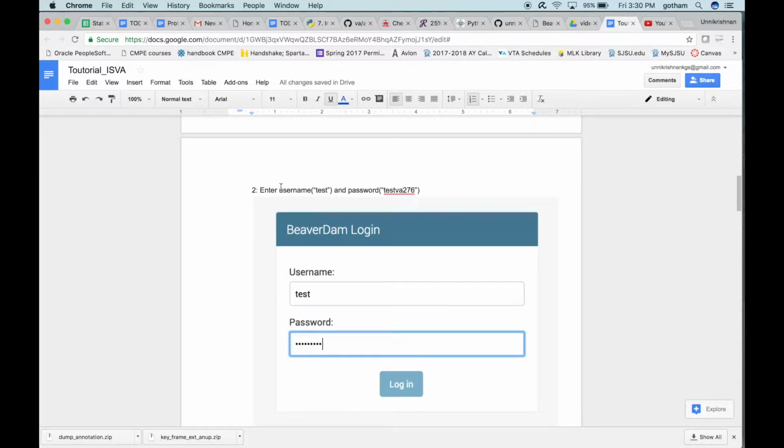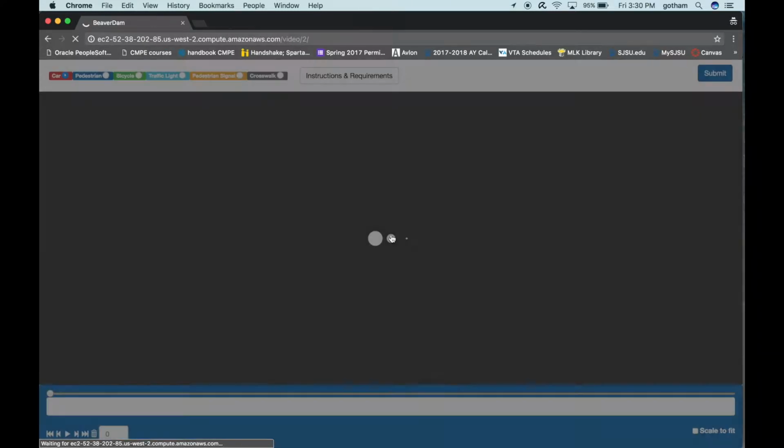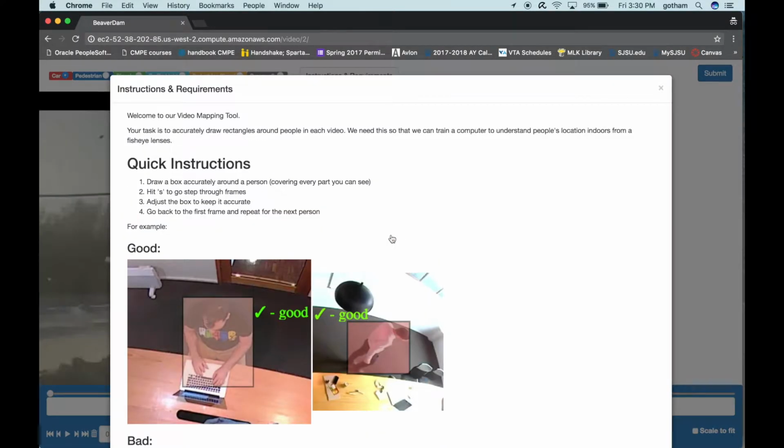The username to evaluate this web application would be test, and password will be test v8276. So now we are in the video ID 2, and this is a